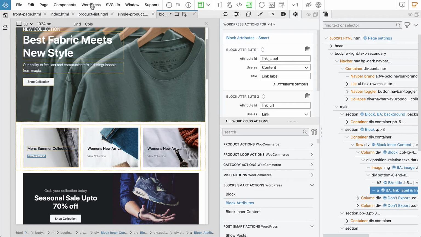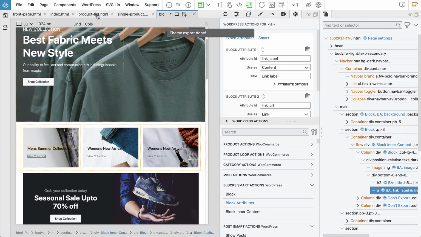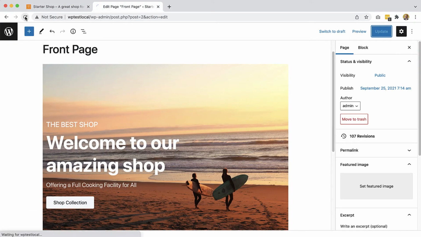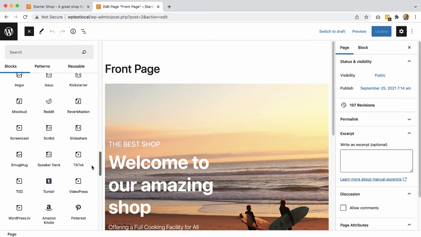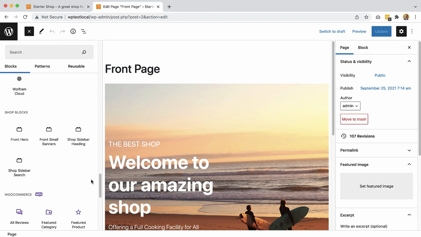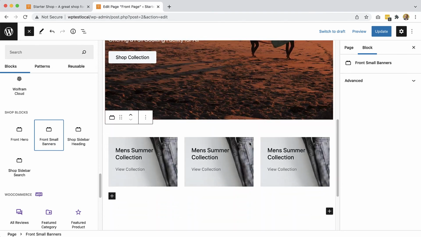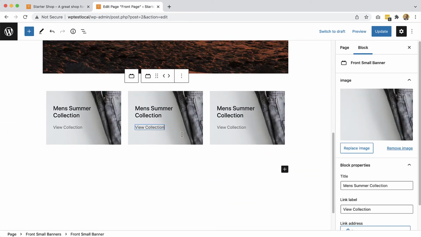So let's see, will this work? Export the theme, go here, let's reload, and can we find our front small banners? Here they are. Okay, so we have the 3 of them already, you see? And when they're nested